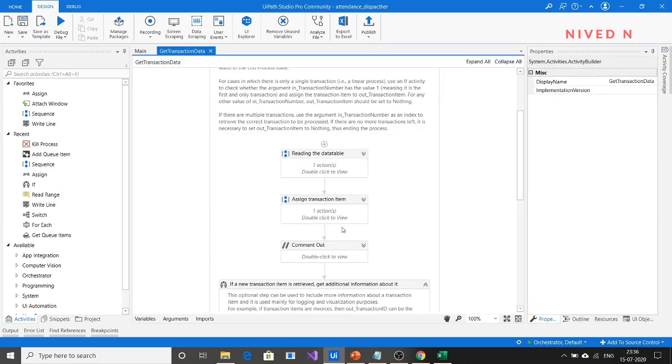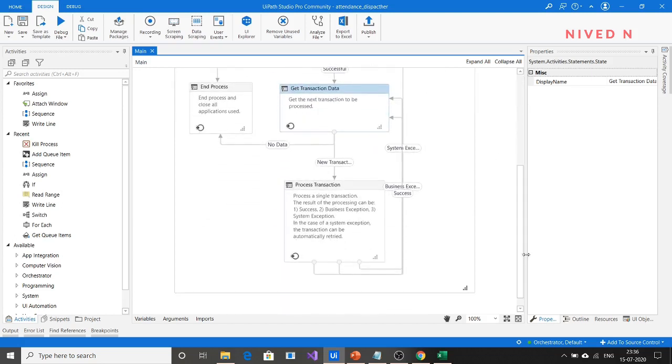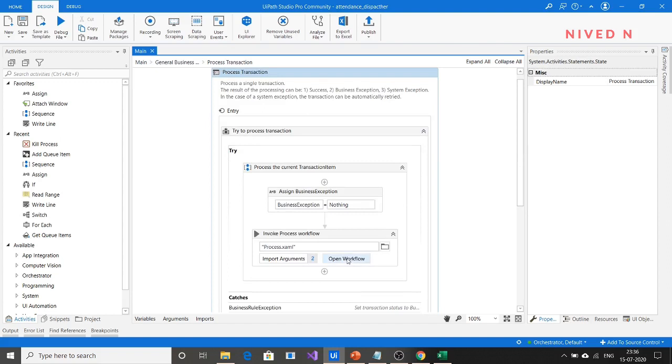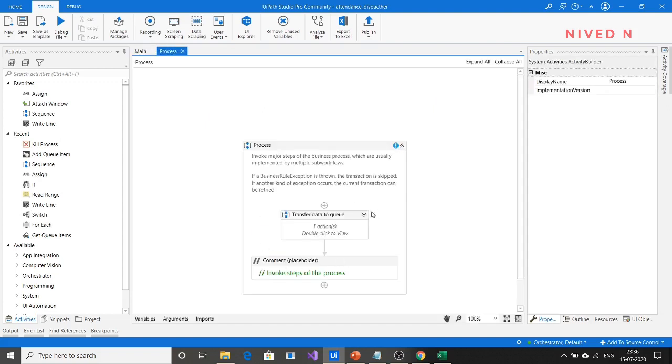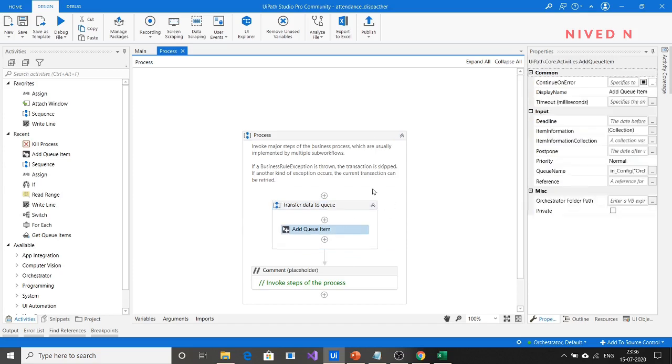First, reading the data table, that is the Excel sheet of employee attendance details, and storing it in the data table. In the second sequence, from that data table, we assign the transaction data. In process transaction, we took each transaction item and transferred it to the queue.